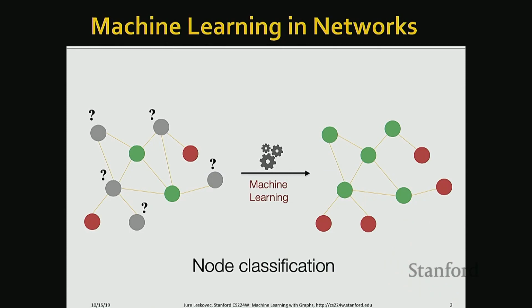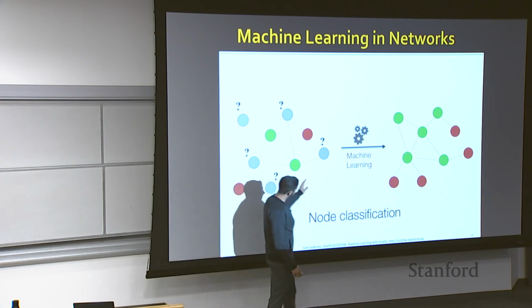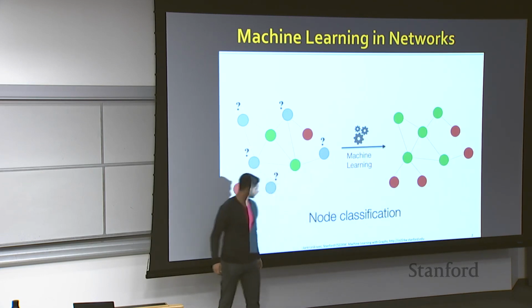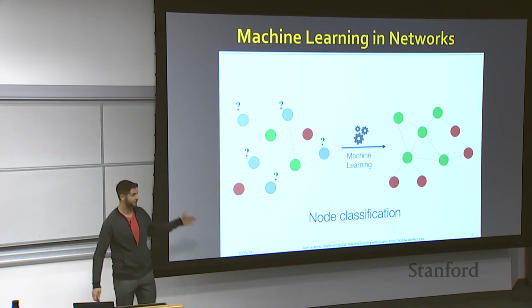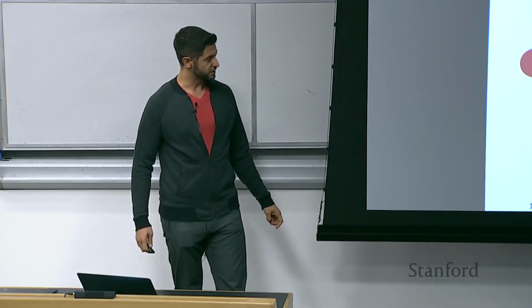If you recall, this is the same opening slide that we had on Thursday. One very classic problem that you can have on graphs is node classification. On the left, we have this semi-labeled graph. We have the label for a few of these nodes. Some of them are red, some of them are green, and for the gray one, we have no node label. What we want to do is apply our classifier and give a label to each one of the nodes that were previously unlabeled. This is the task of node classification, and we went in depth on this on Thursday, but